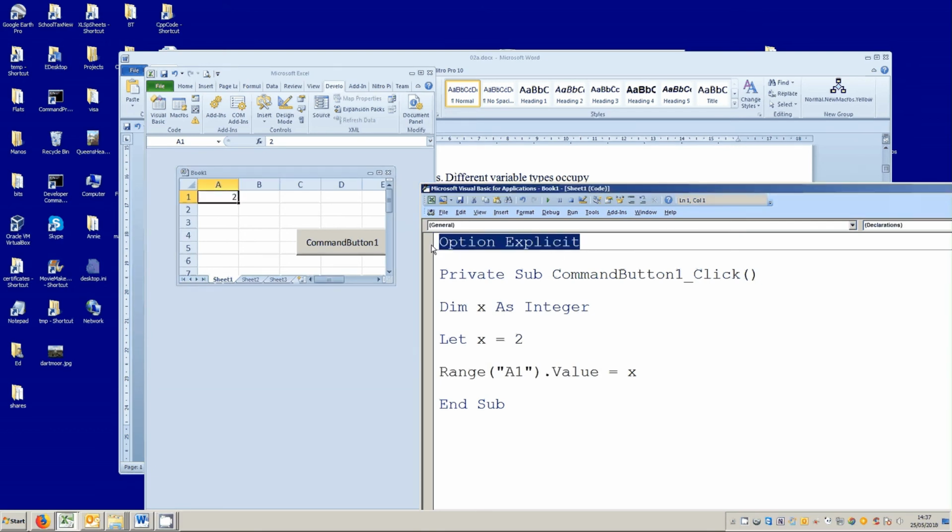What does the other stuff mean? Option Explicit. Option Explicit means we're going to check the spelling. Well, it's pretty hard to misspell x, but with another, longer variable name, you may well have some misspelling. You don't actually need